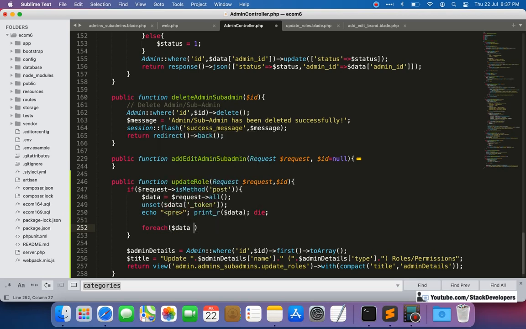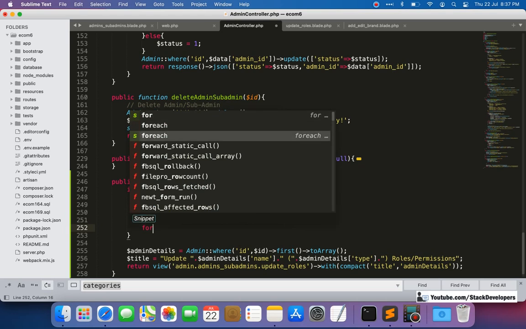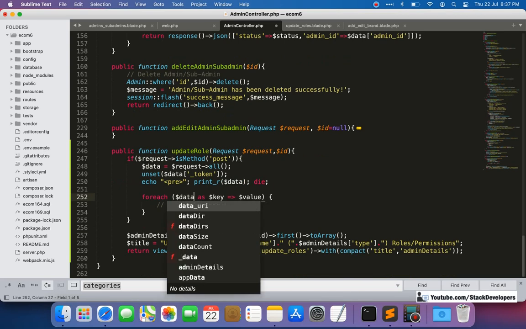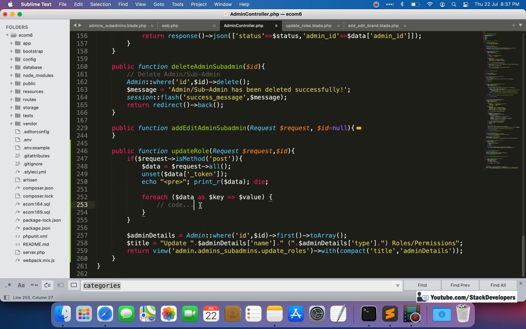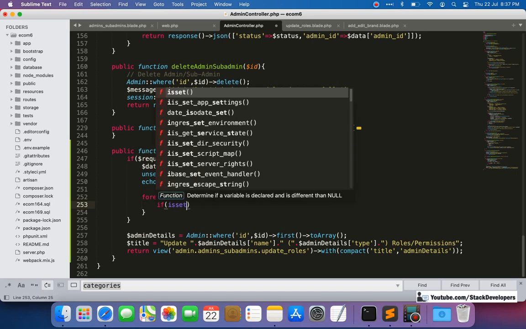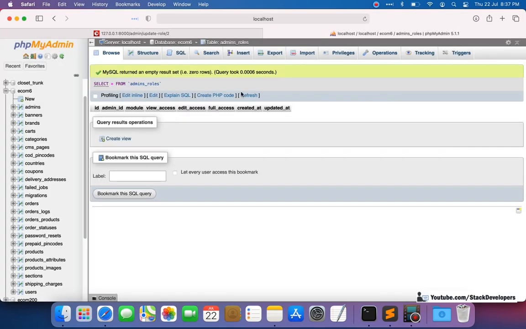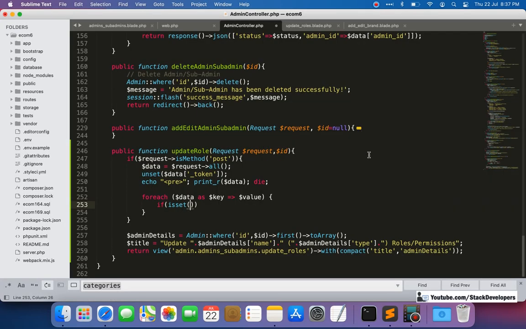foreach $data as $key, and for it I want to add foreach. Now $data will come up here, and here we are going to get the data, like if view is coming here, like isset. Why am I using isset? Because the data may or may not come, and if the module and view come, then we are going to update, otherwise we are not going to update.